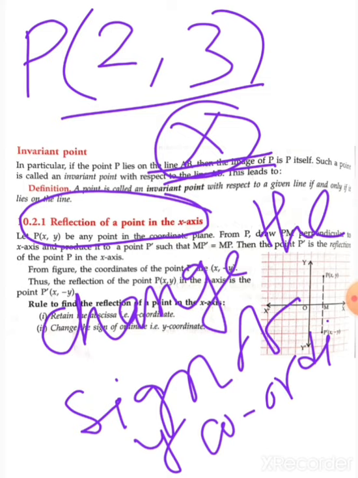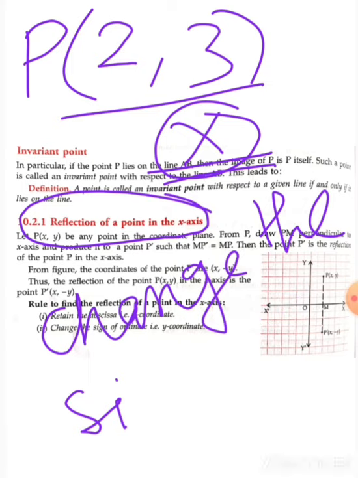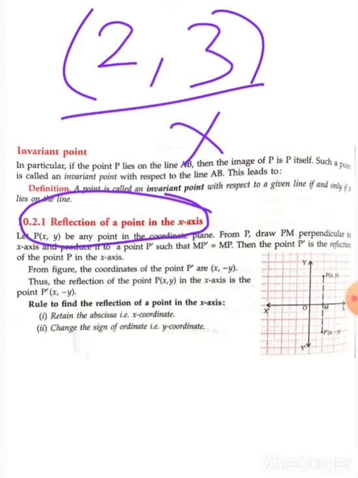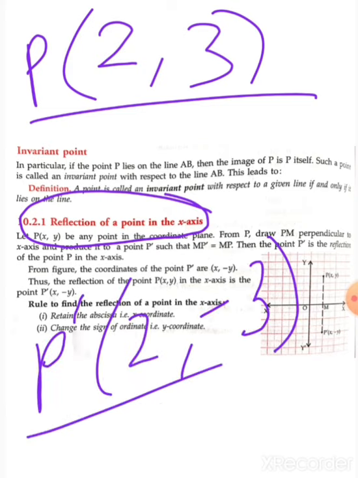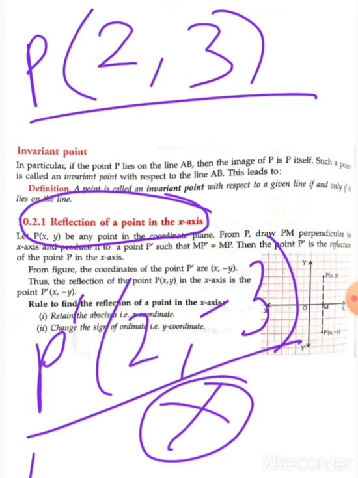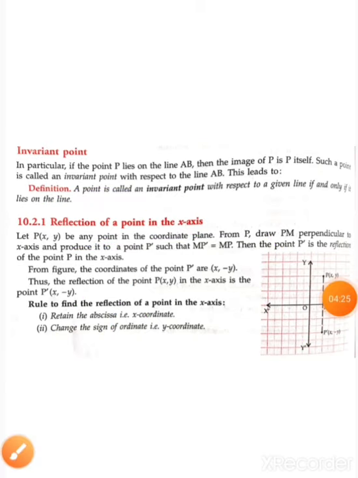For the x-axis, you have to change the sign of the y ordinate, but for the y-axis you have to change the sign of the x ordinate. So what will be the result for this? Again I am repeating here, with respect to the x-axis, the image of this will be 2, -3 with respect to the x-axis. 2, -3. Okay, so this is